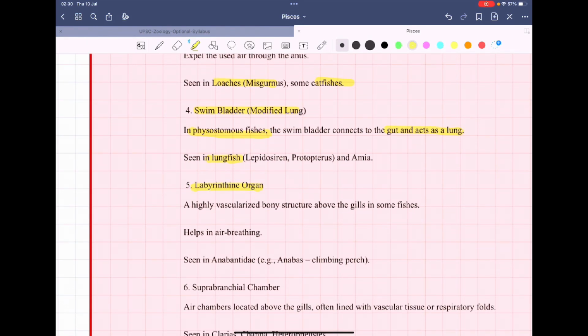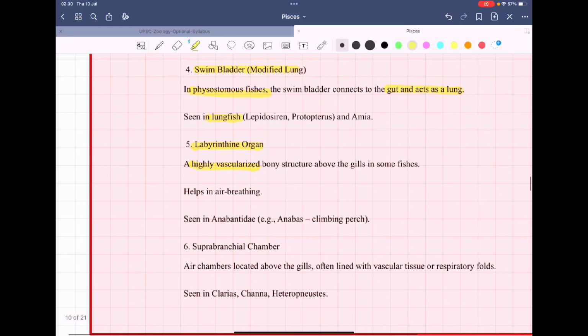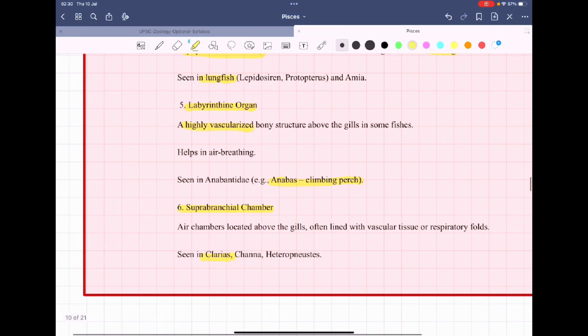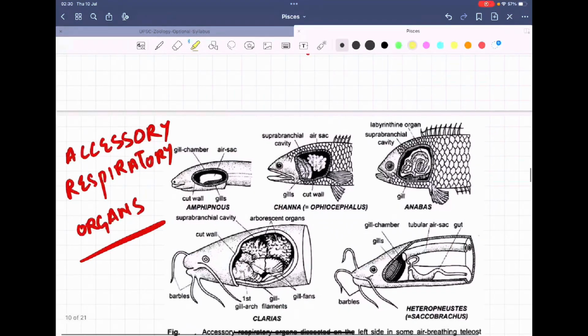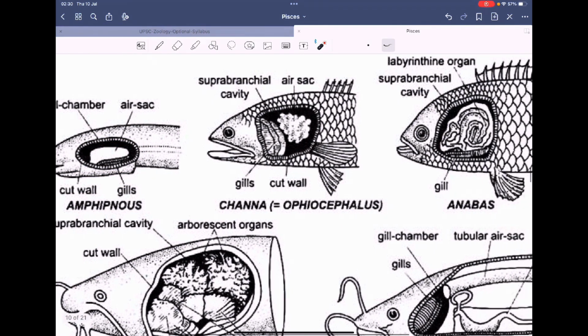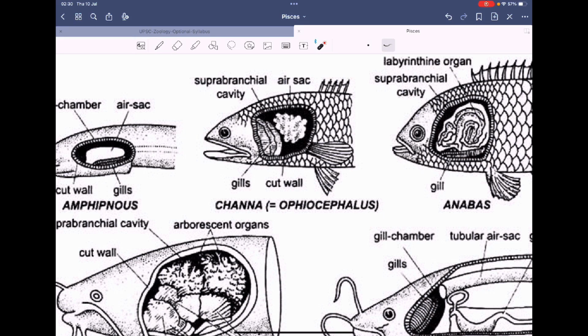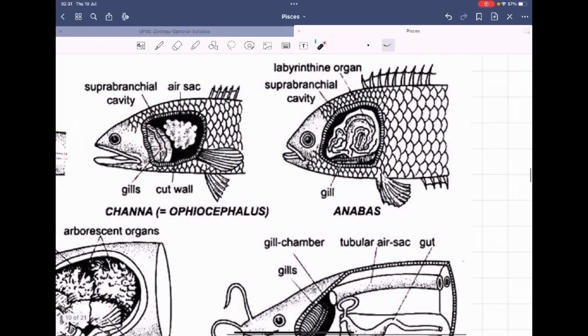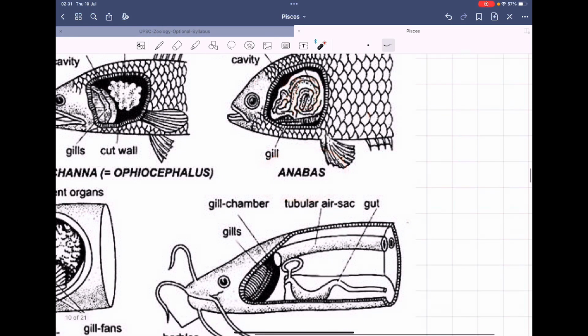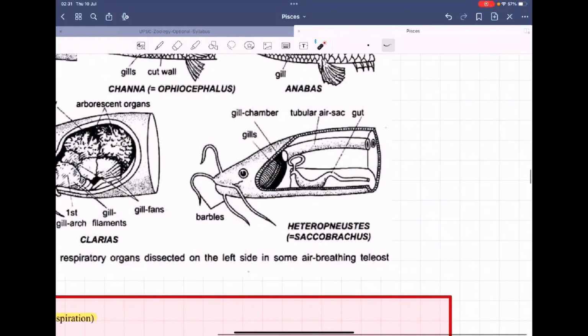And then labyrinthine organ, it's a highly vascularized bony structure above the gills in some fishes. For example, Anabas, that is the climbing perch. There is also the suprabranchial chamber found in the Clarias, which is highly vascularized. You can see in here there is this portion called a gill chamber that is found in amphibians. You will observe in the koi there is this gills and suprabranchial cavity. There is labyrinthine organ. You can make it out in case of Anabas. In case of this Heteropneustes, you see that here is the gill chamber and even the tubular, large scale